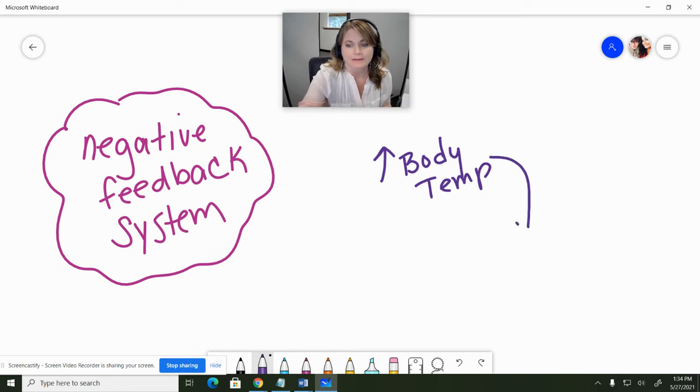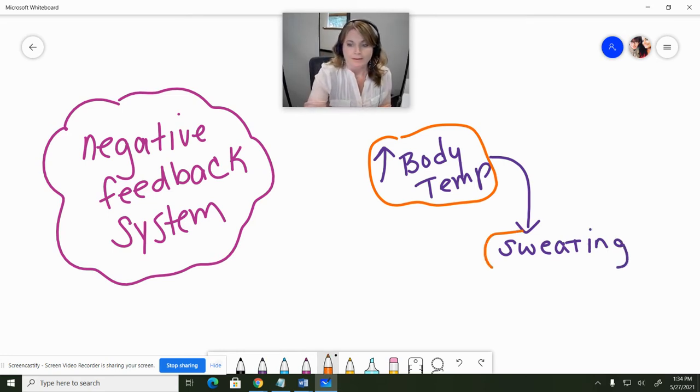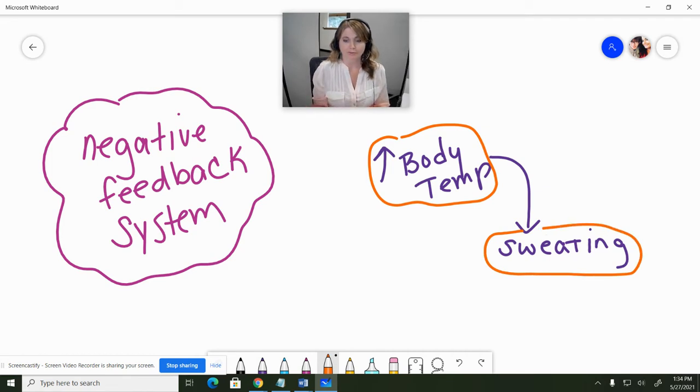It results in, I'm going to outline this in orange because that's our actual mechanism, sweating. So that's your mechanism there to deal with being too hot. The sweating causes evaporative cooling of your body, right? So that leads to